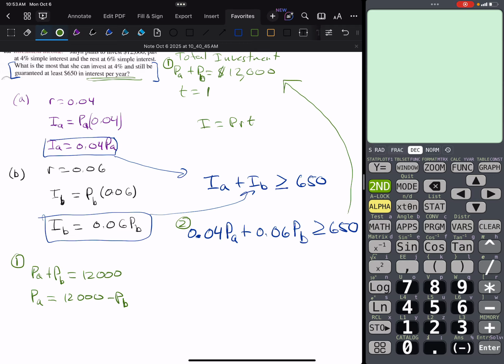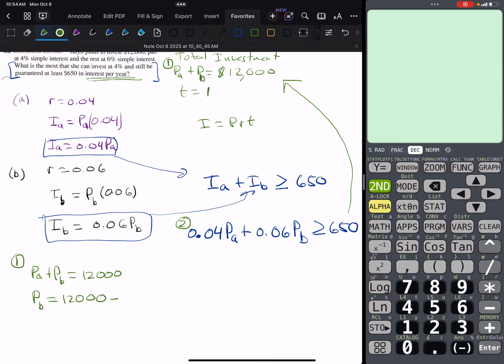Is that really what I want? No, because I've been asked about what's the most you can invest at 4%, and PB is at 6%. So let's let that inform us a little bit as to what we solve for here. What do I actually want? I actually want to replace PB